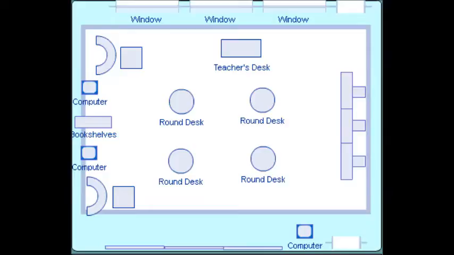I based this classroom off of a kindergarten room that I used to be a teaching assistant in, and the reason why I chose to base it off that is because of the amount of management that's required for a kindergarten class. If we start in the bottom right corner of the room, that is the entrance to the room itself,